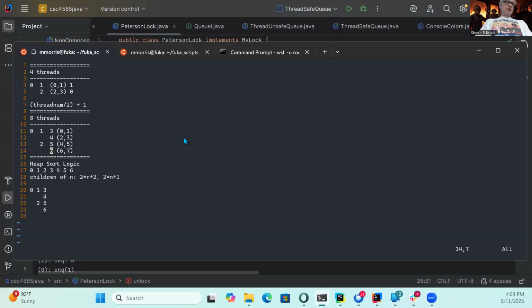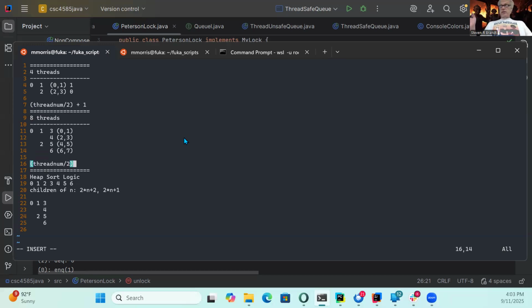Let's see how this one goes. I'm going to say thread num over 2. It's going to be over 2 again because I want to take pairs and map them to the same number, right? And then if I do a +3, I think that takes me to my node.